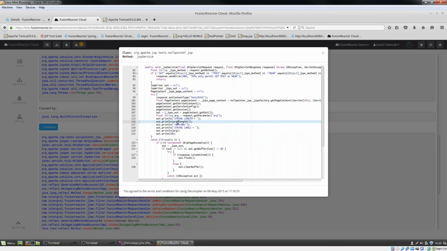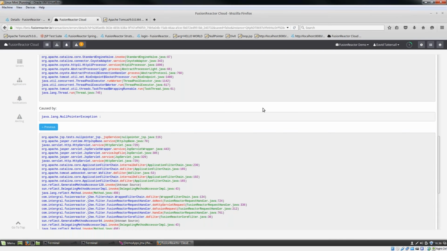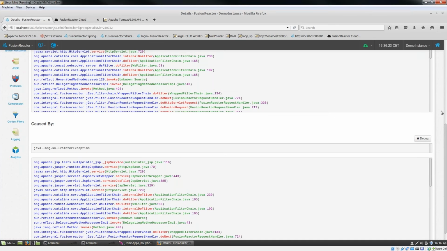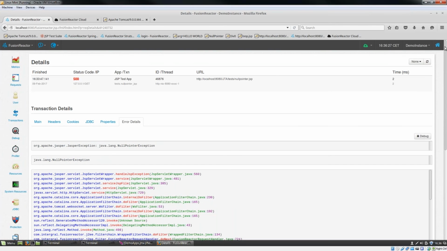If I click on that link, then FusionReactor will decompile this on the fly, and it's actually highlighting now where this error occurred. So I can see that this occurred at line 116, and the error was caused by the fact that we were trying to perform a print, and argument was probably not initialized because we didn't pass arguments into our program. So this is a really good example to very quickly or instantly see where a specific problem